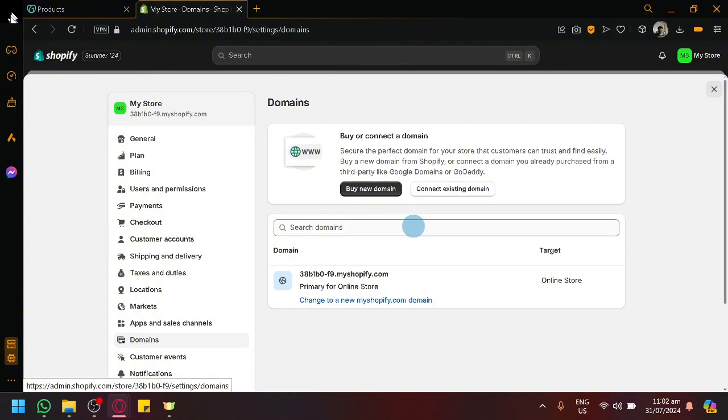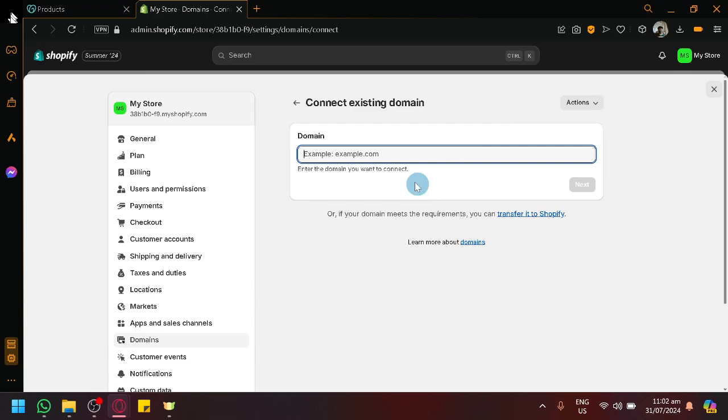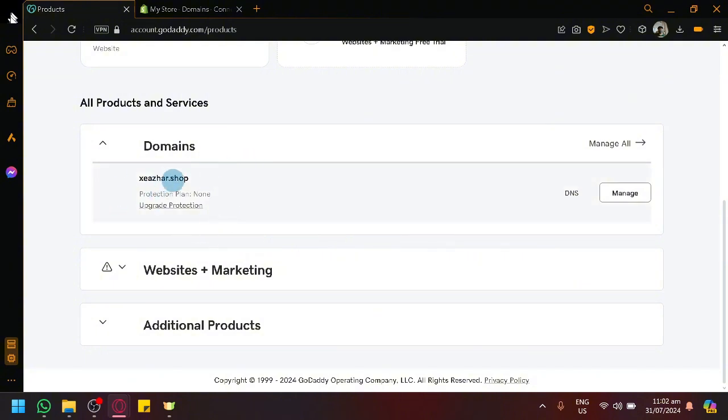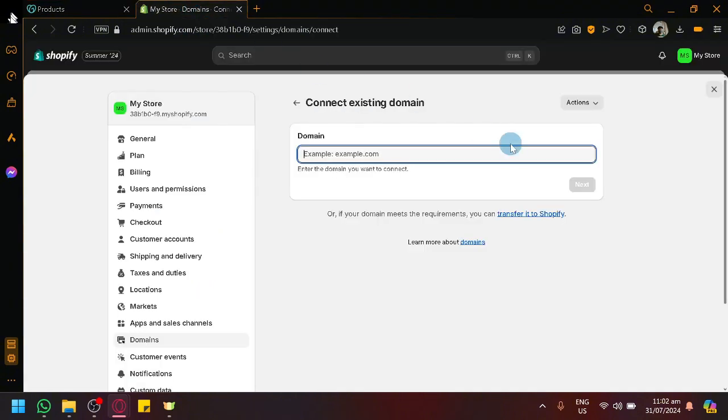And as you can see in this page, you will be able to buy a new domain or connect existing domain. So simply select connect existing domain and simply put into here your GoDaddy domain that you have for your store, as you can see here. And by doing that, you will be able to proceed to the next step and connect that specific domain to